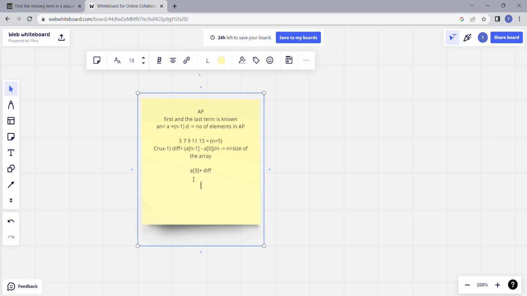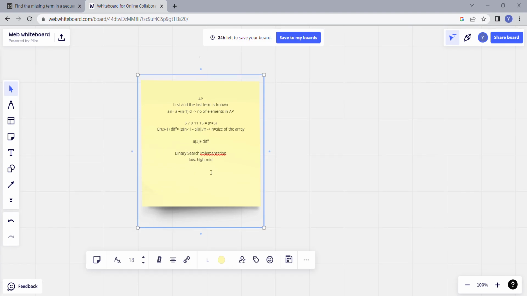Now in our case, we have to formulate it as a binary search problem. So we have to think about the binary search implementation. Thinking about it, we are clear that we will have a low, a high and a mid. After that, I talk about the implementation so that this gets cleared. So now it is clear that if